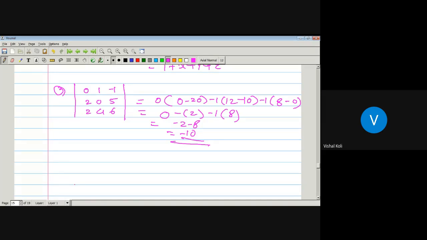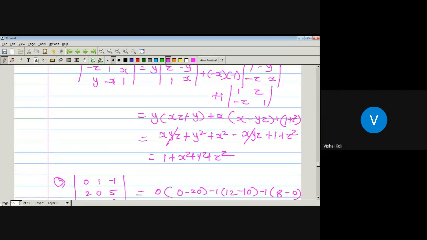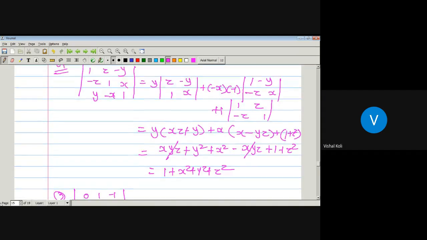Okay, so in this way we can find out the determinant value of any order. Just we require it will be a square matrix. Then we can find out. Actually, here we have seen the examples of a determinant only. Now in the next lecture we will see the examples of the matrix, and then we can find out its determinant value. That is the determinant value of a matrix. Today we have just seen how to find out the value of a determinant.